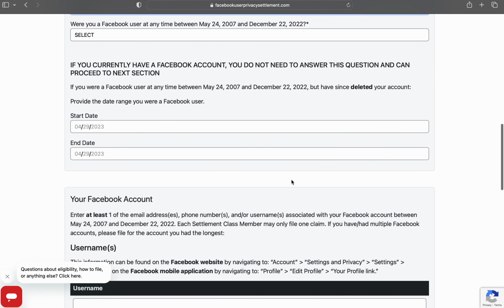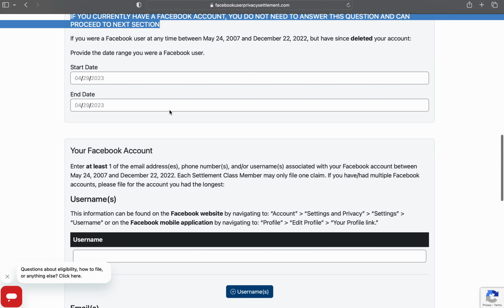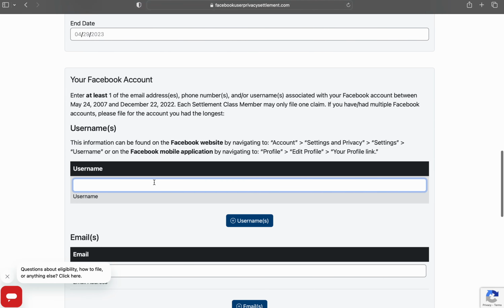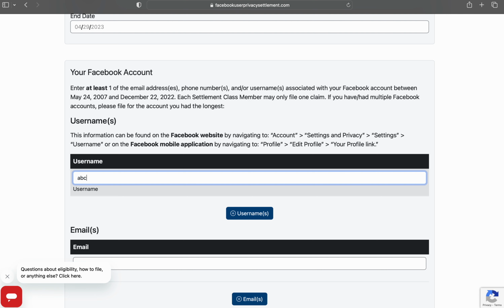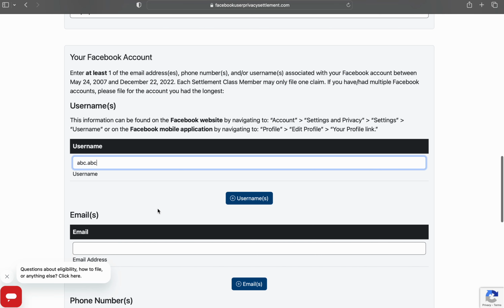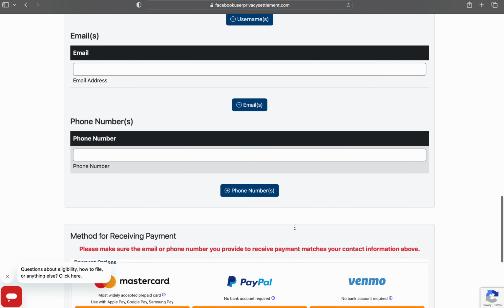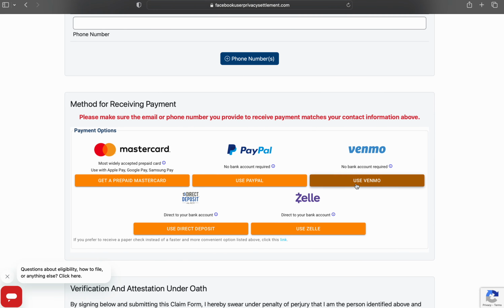And here you can ignore this section if you haven't deleted your account, and you have to share your username. So here abc at .abc, something like that. You can get it from your website or Facebook profile. Your phone number, and after that you have to share your Venmo account or Zelle account or direct deposit account